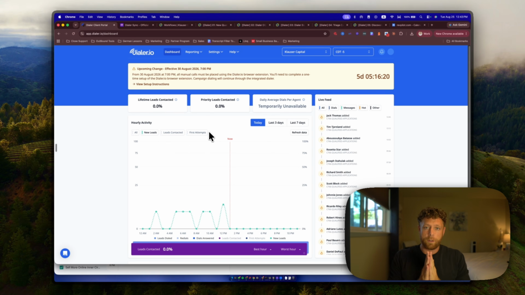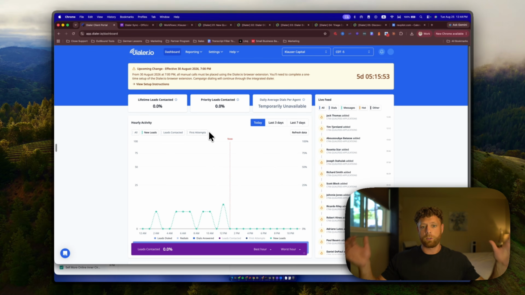Now, dialer.io has been a godsend when it comes to connecting with more people. Everyone from Tony Robbins, Dean Graziosi to Cole Gordon, and a lot of others in the high ticket coaching space or the info product space use it, as well as hundreds of other businesses. Now, we have businesses ranging from lending to coaching to SaaS using dialer.io to connect with more of their actual